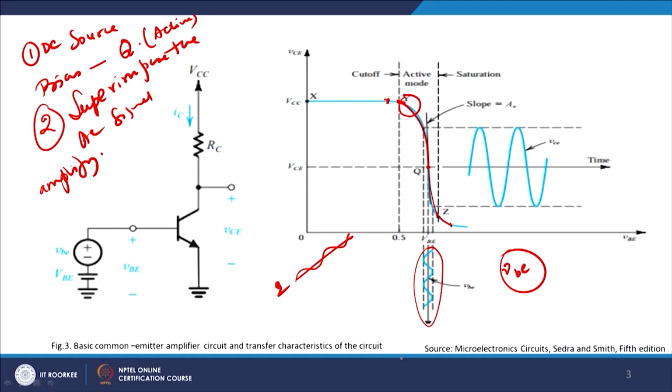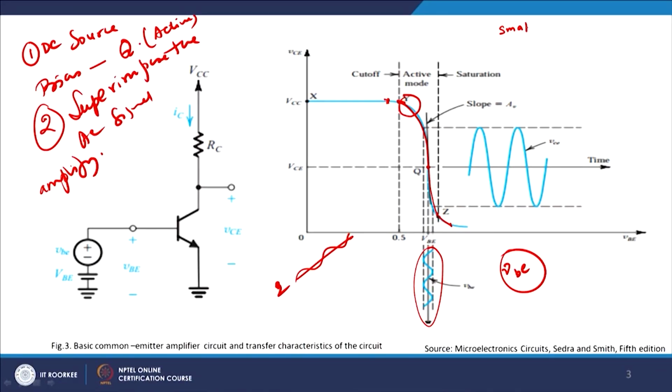Not only that, it will depend upon the value of input, not a good idea. So you see, therefore, we always consider this as a small signal analysis, right. What is the meaning of small signal analysis? It means that the input signal is so small peak to peak that I can sufficiently state that the amplification is linear,